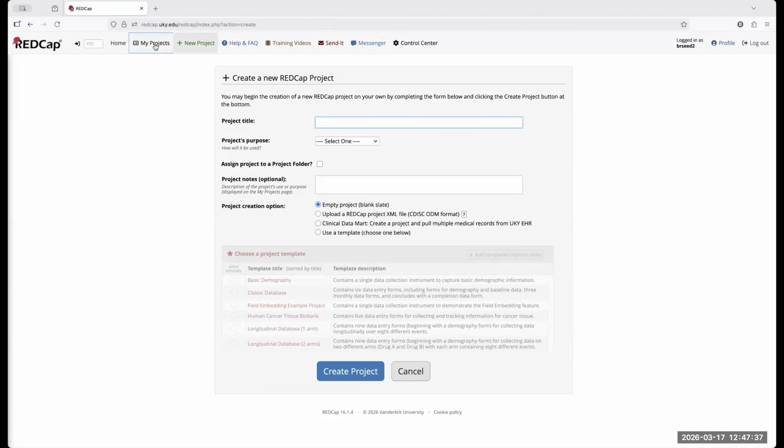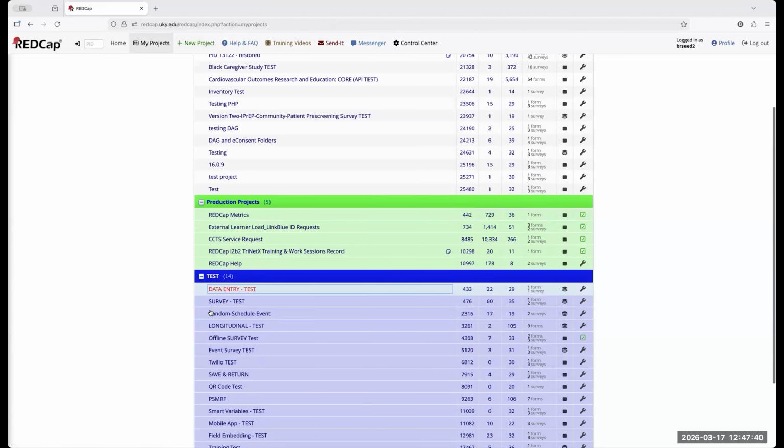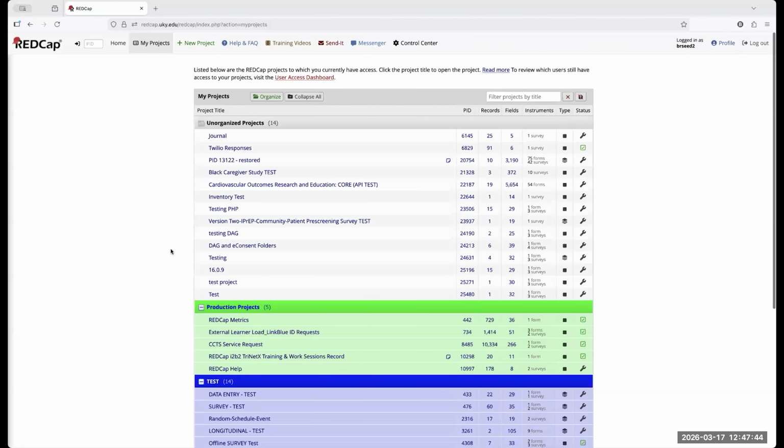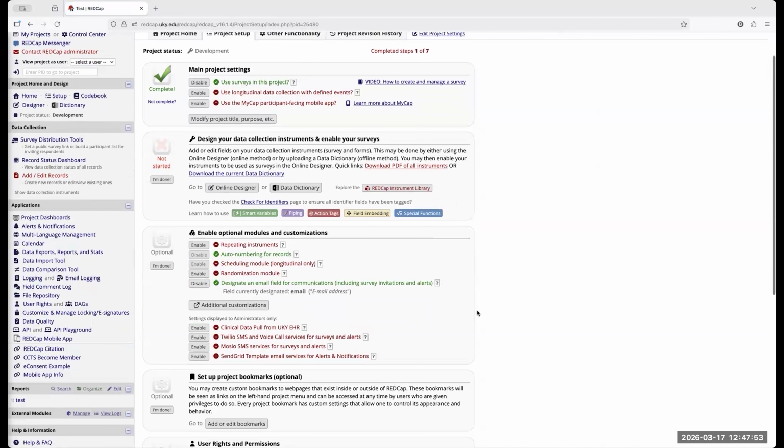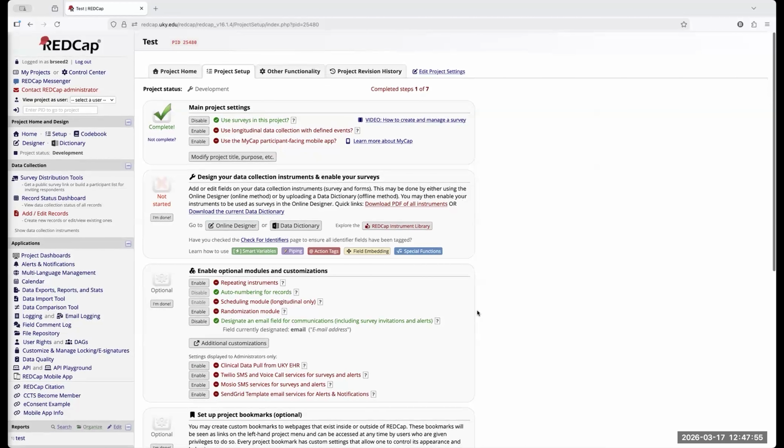I've got a couple that I've just had for years that have data in them, but it's just stuff that I've manually entered. That's generally what I do: I just go in and create a project and start adding a bunch of junk data in it. Sometimes I'll copy it from another project or things like that. That's generally what I do. Just create a project and spend 20 or 30 minutes adding a bunch of junk data in it.